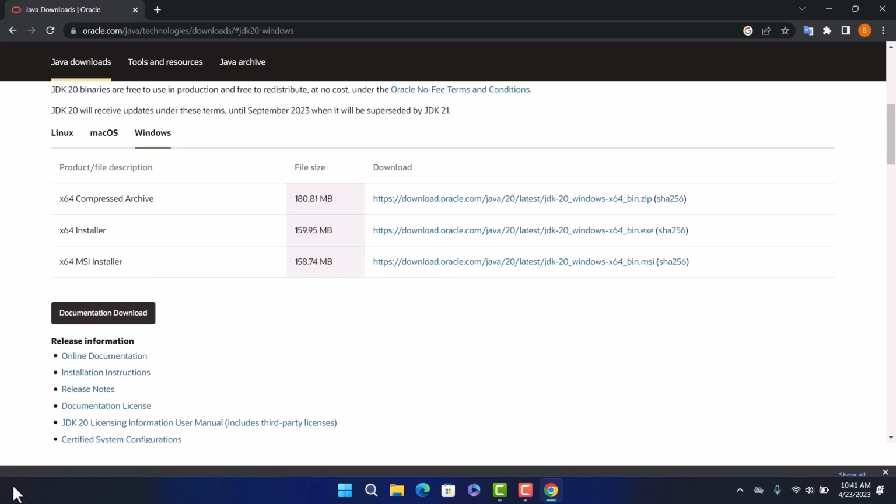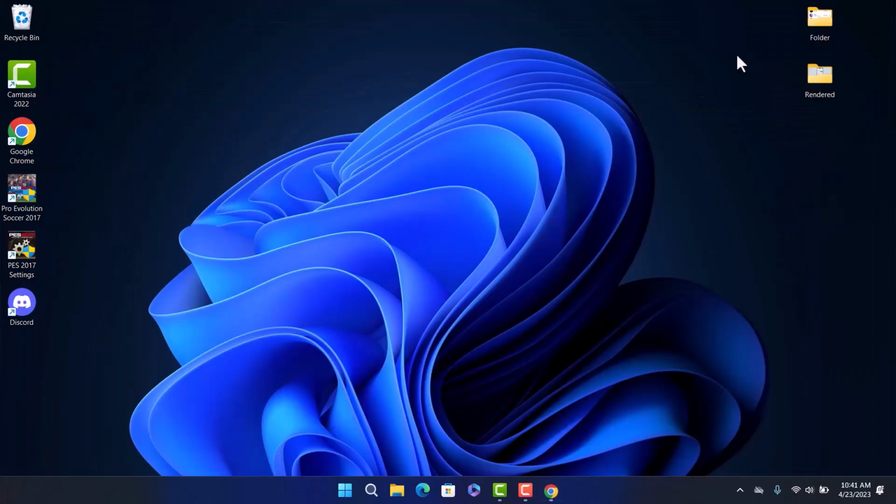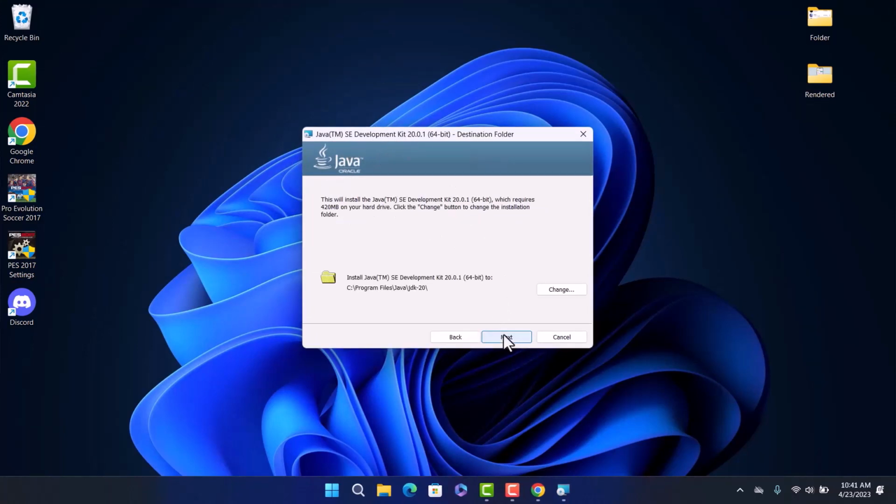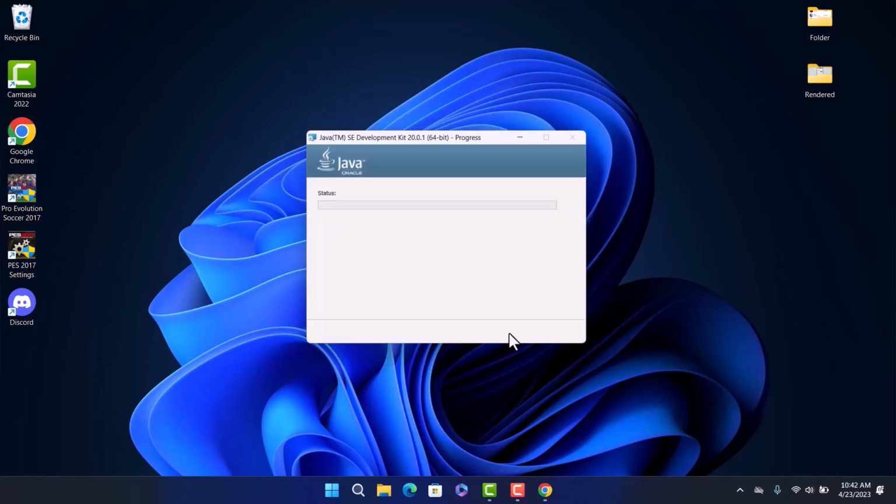Now, once downloaded, click Open, and it will start opening. Now, this little thing pops up, which is the installation process. Click on Next, and here it's going to be installed on C program files Java JDK 20. You can change the browser if you want to. Click on Next,